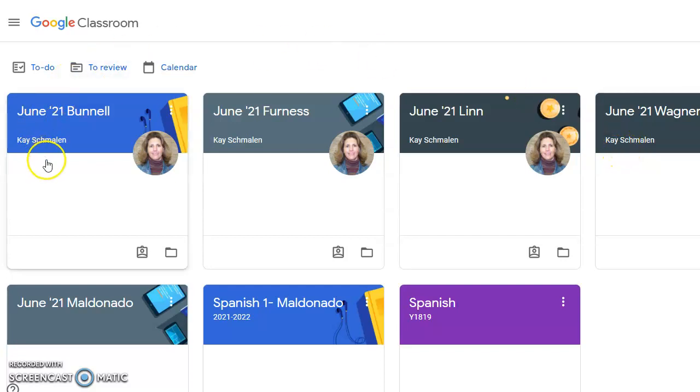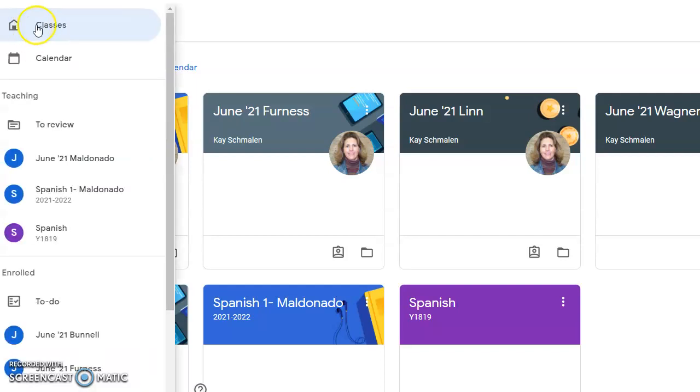Now, as a student, I can go directly to my to-do list here at the to-do list icon. But since I want to show you how you can access it via the main menu, I'm going to go above that to those 3 bars next to Google Classroom. This will pull down a menu in which I can see the classes that I'm enrolled in, as well as the to-do list, and the classes I'm teaching, as well as the review list, which is like your teacher's review